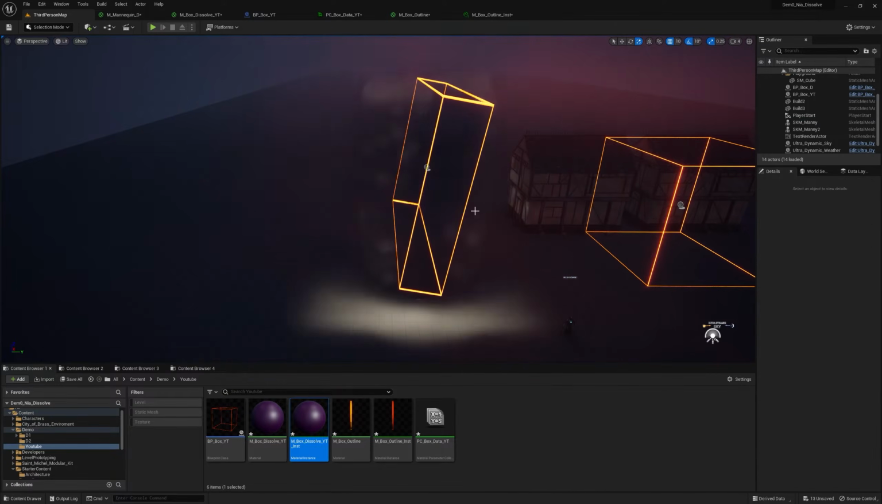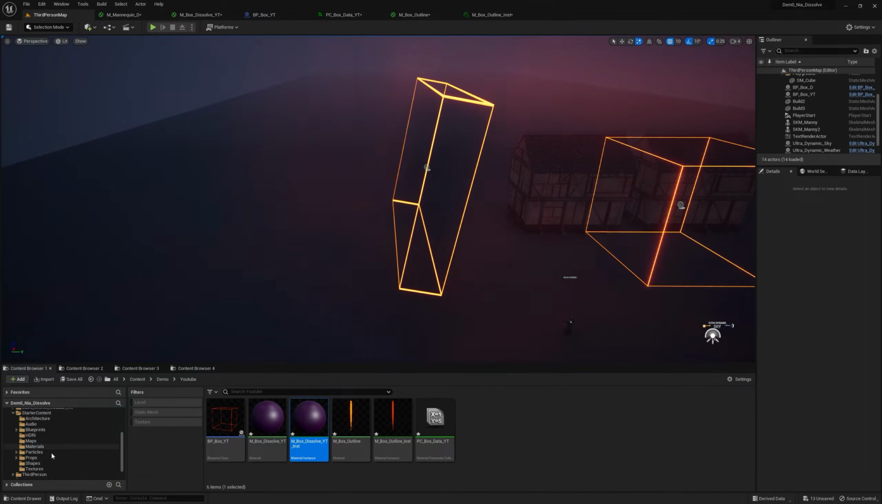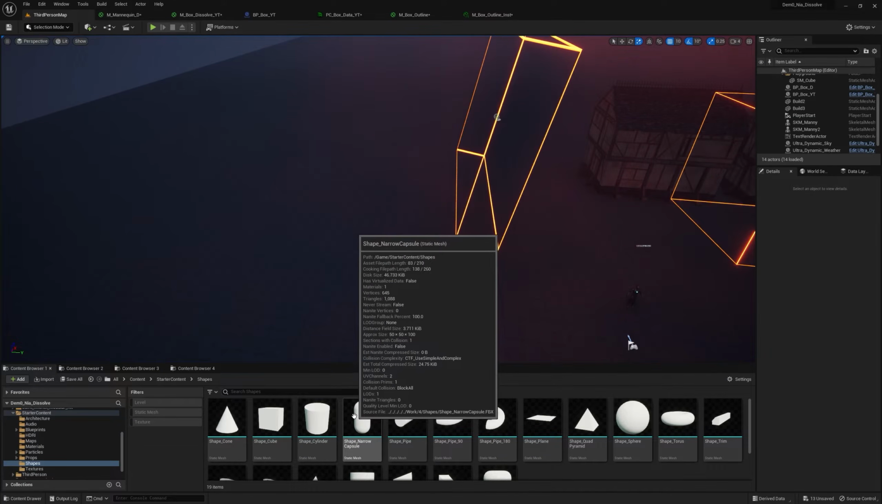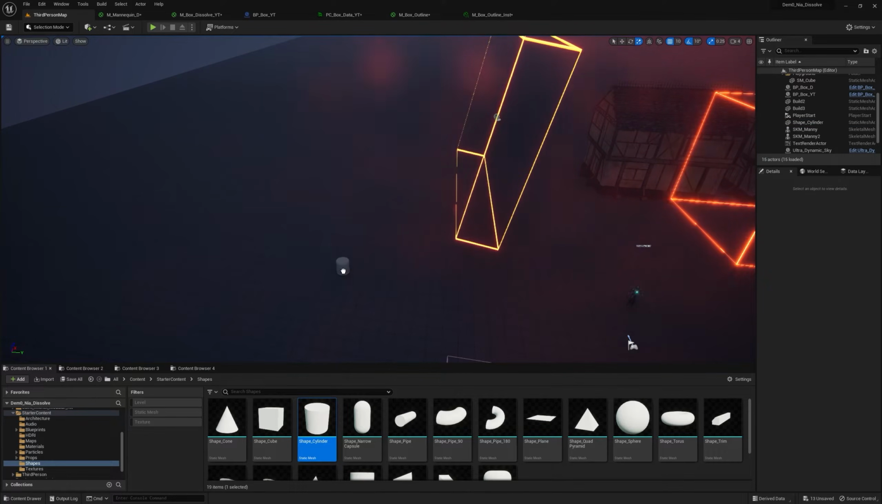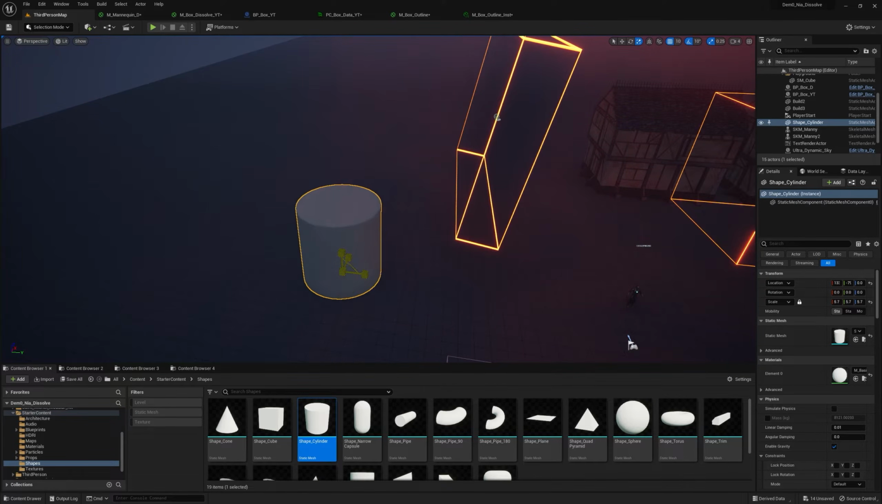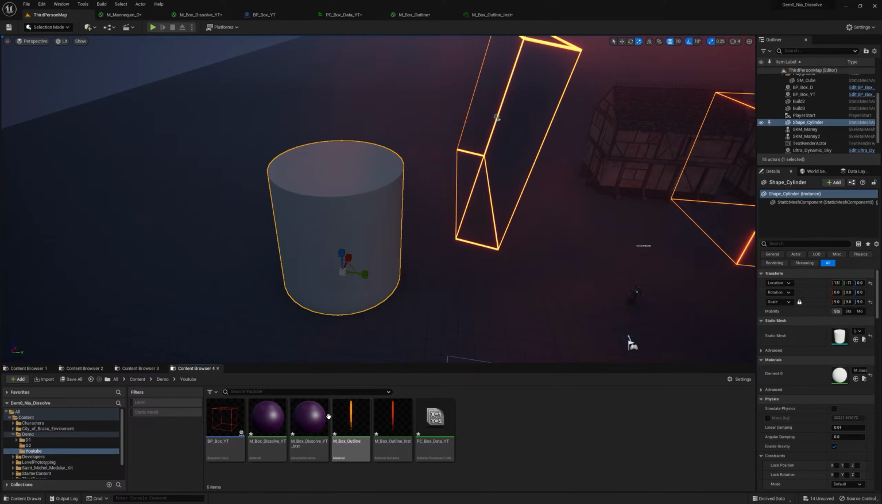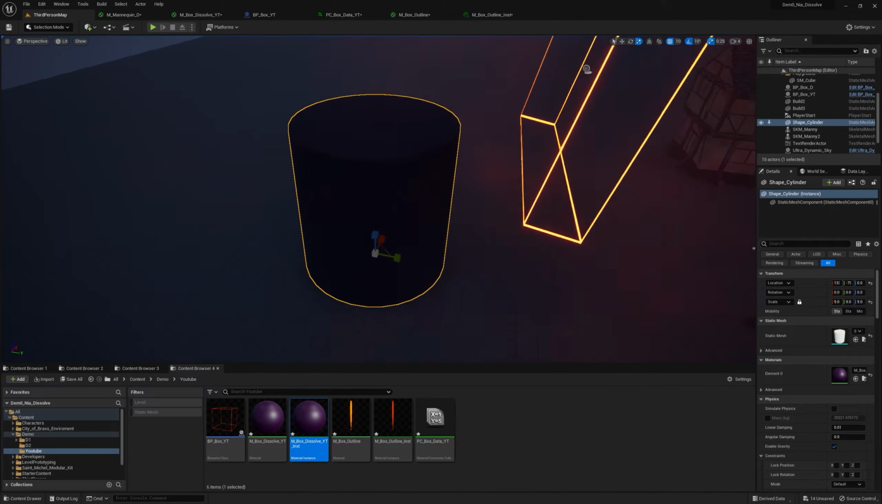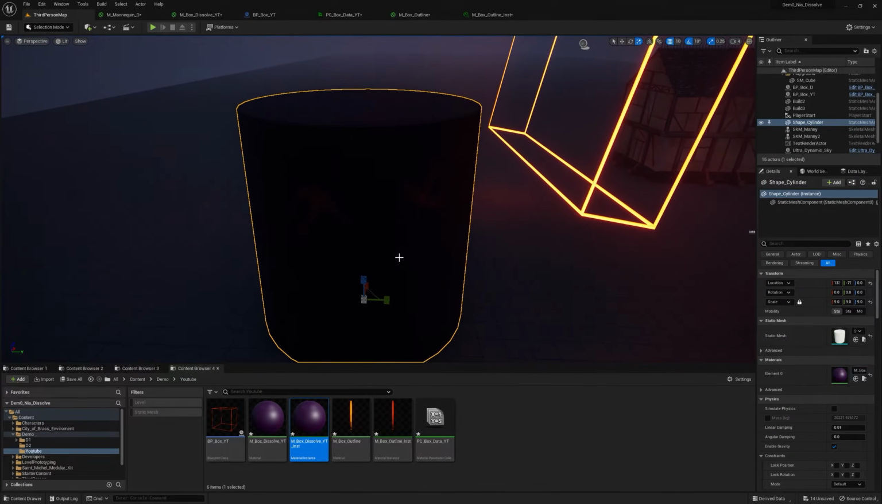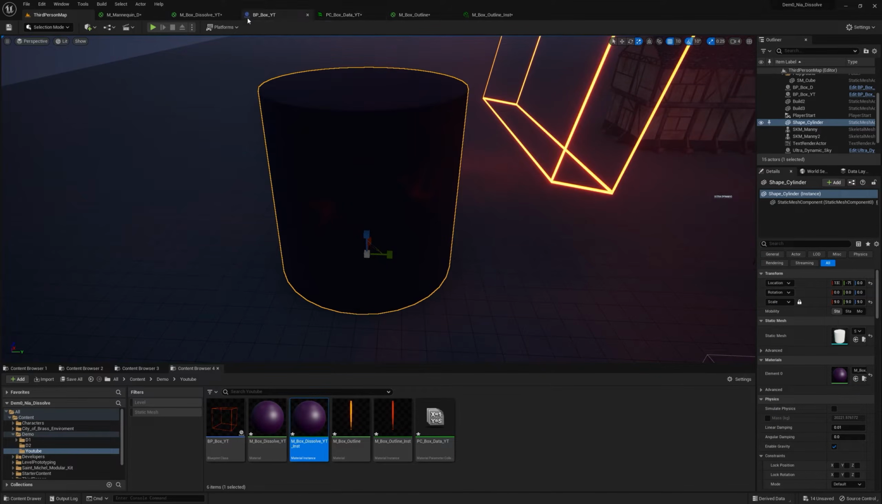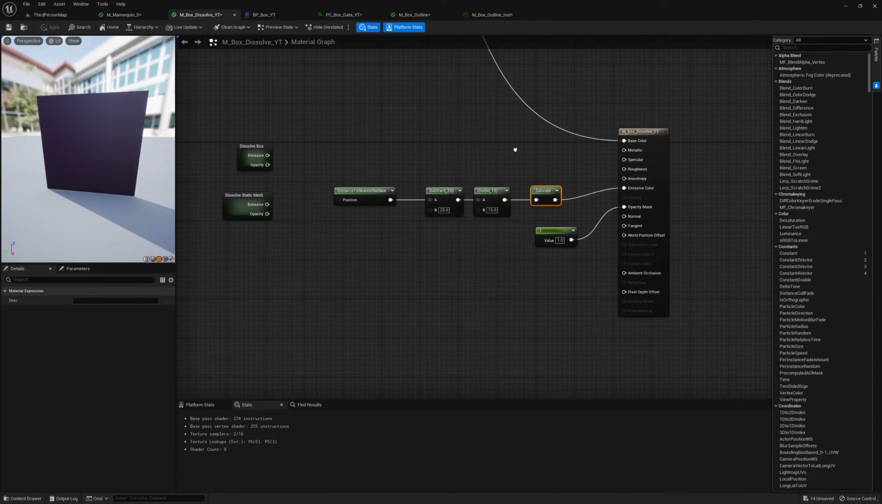So I will just delete this mesh and I will go into the shapes and bring in another mesh like this one. And I will just scale it up. And now I will add our new material to it. So you can see that it is black right now. So here, if I go to the material and connect this to the base color and click apply,